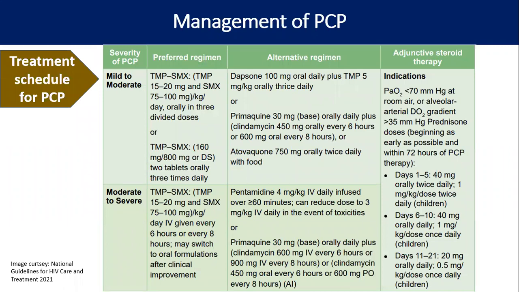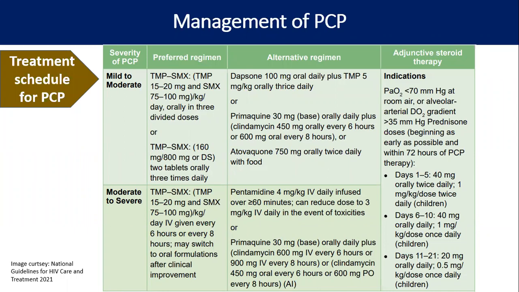Now, management of PCP, mild to moderate: trimethoprim 15 to 20 milligram and sulfamethoxazole 75 to 100 milligram per kg, divided into 3 doses. Alternatively, we can start 100 milligram of dapsone plus trimethoprim 5 milligram per kg orally thrice daily. Other alternatives are primaquine 30 milligram orally plus 450 milligram of clindamycin every 6 hours, or atovaquone 750 milligram orally